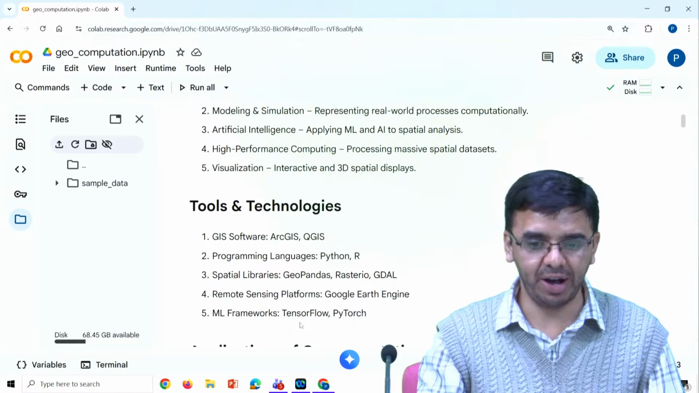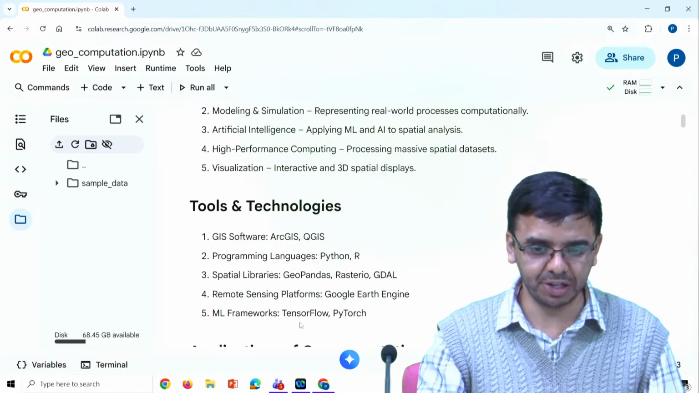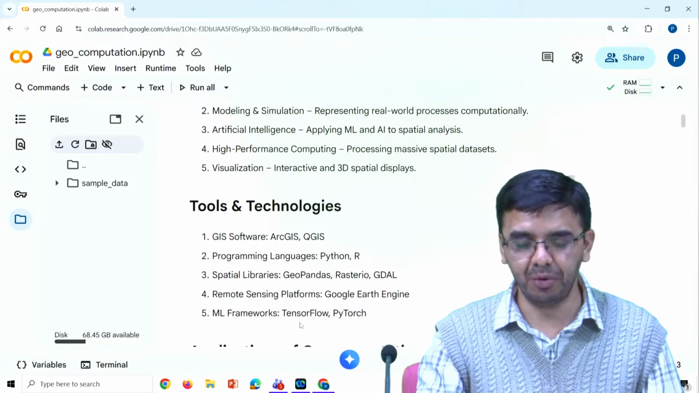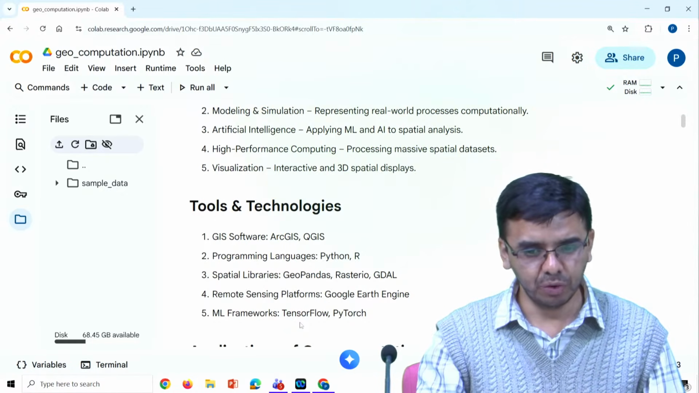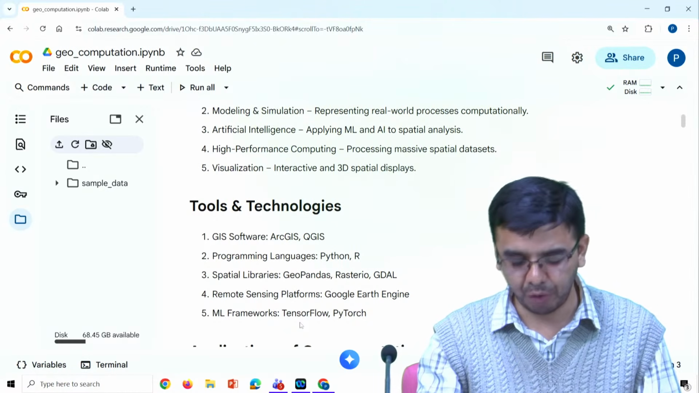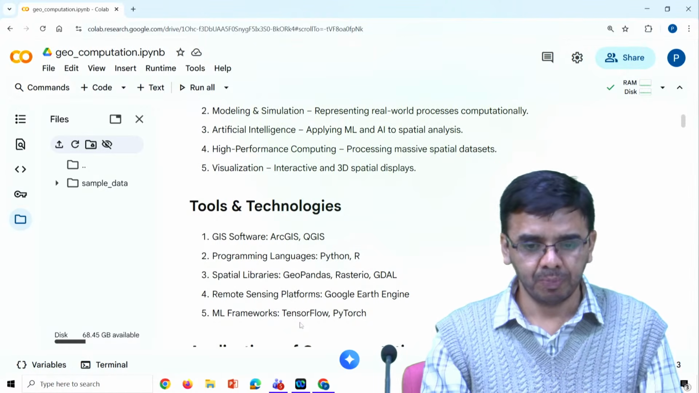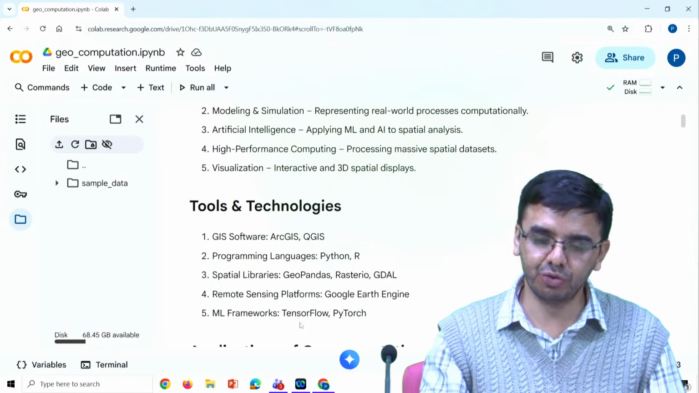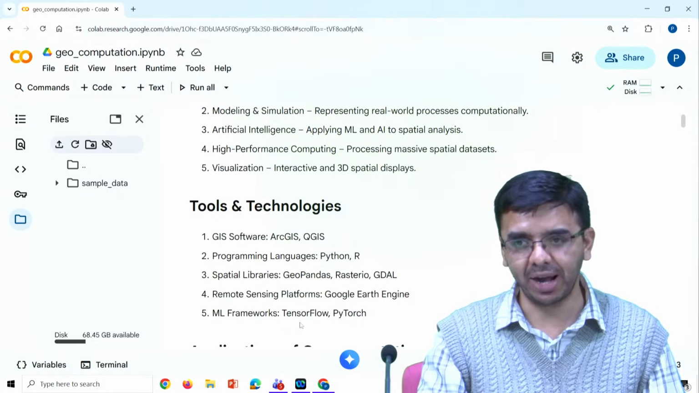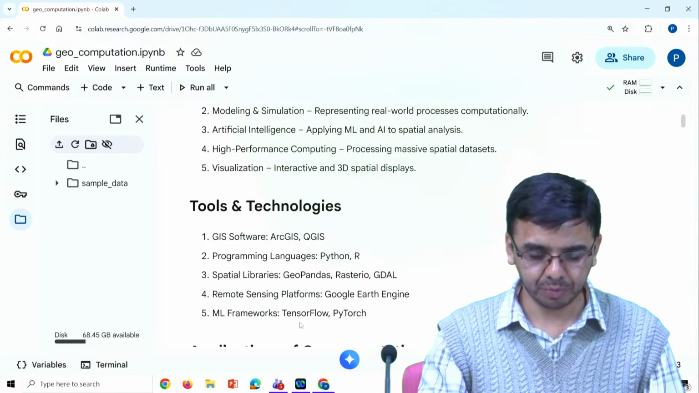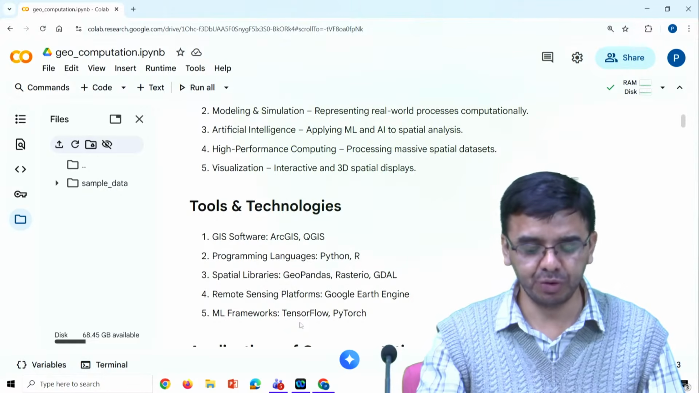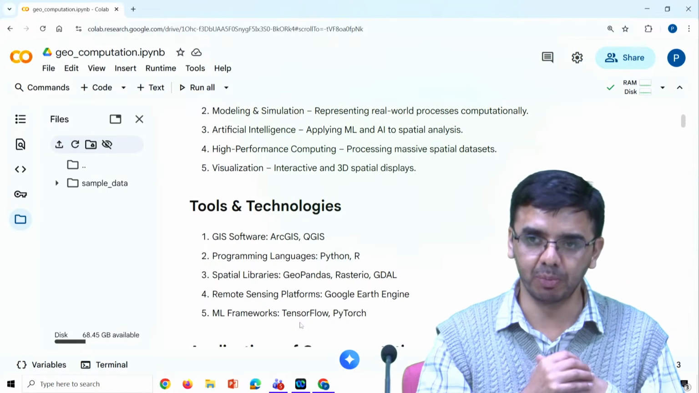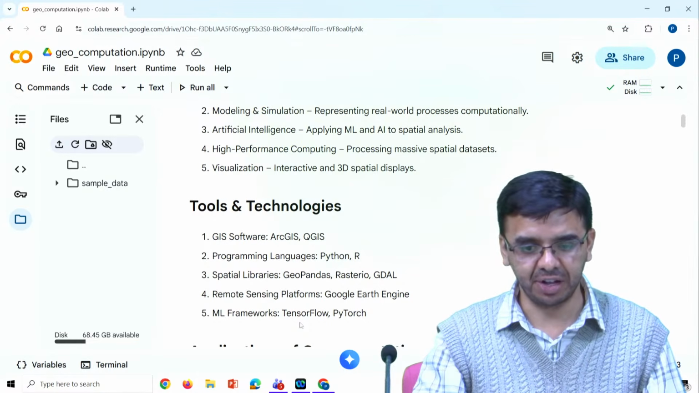Many communities worldwide are working on geospatial data sets. They have built a lot of very powerful libraries for doing geocomputation tasks, or geoprocessing. A few of the most popular libraries for geospatial data analysis: if you wish to do vector data processing, GeoPandas is very commonly used. And if you wish to do raster data processing, then rasterio or GDAL can be used. GDAL supports both vector as well as raster